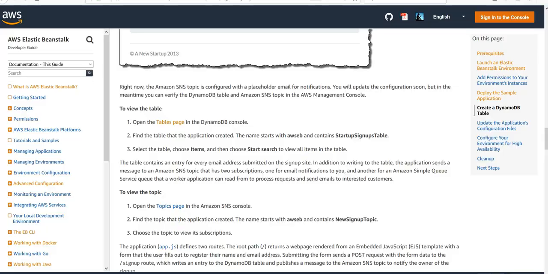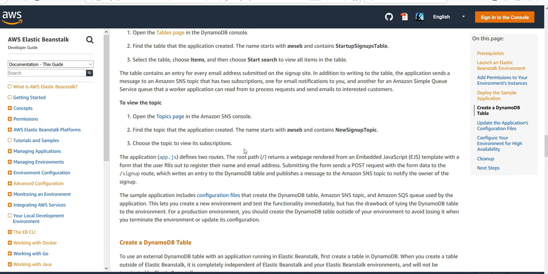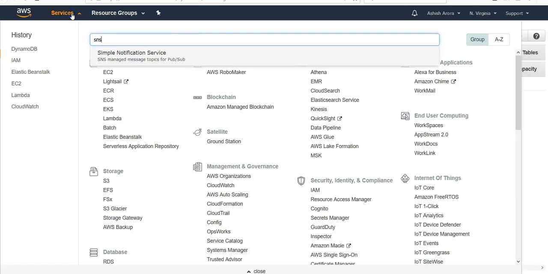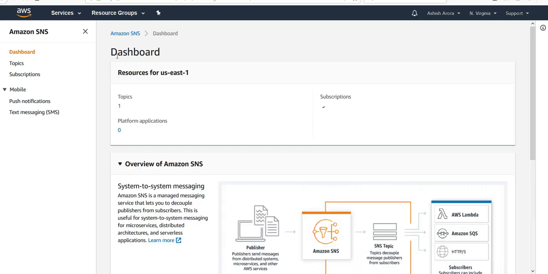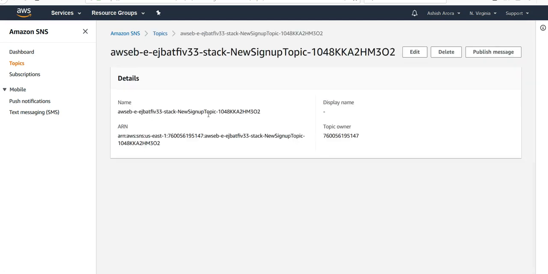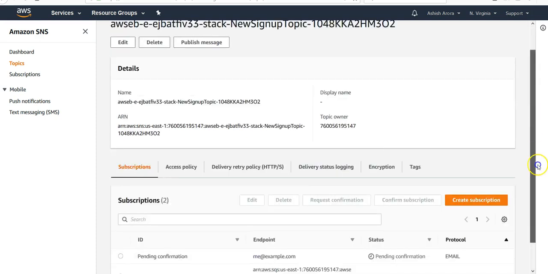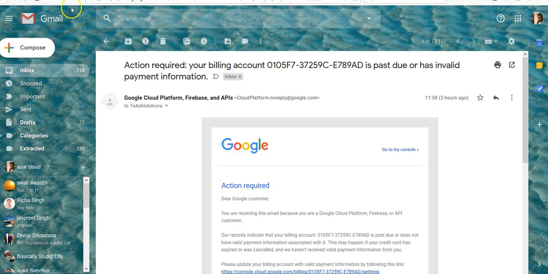Let's see what it says now. It is the default topic that they have created. If I go to my SNS page, same way, if you're not sure, click in here, type in SNS, and it will take you to the Simple Notification Service console under the AWS. I have only one topic that is created by the stack. It is my topic. Subscriptions: one pending confirmation, right? So they have sent an email to me and I have not